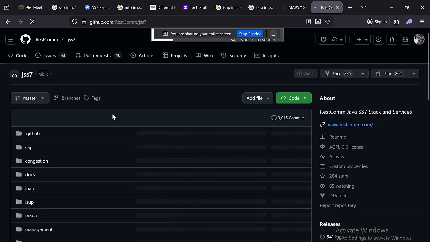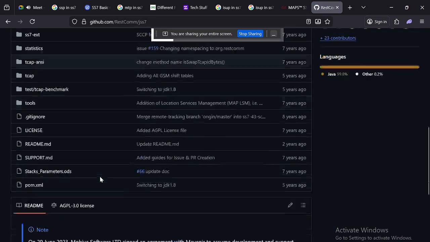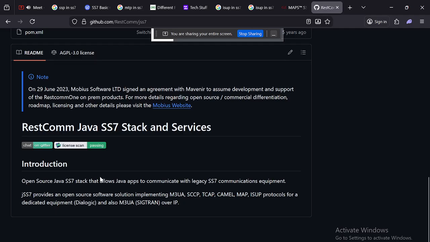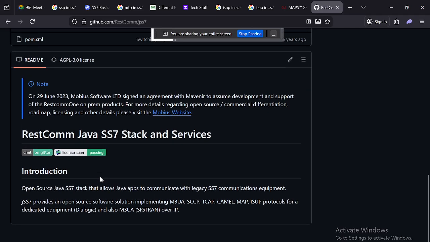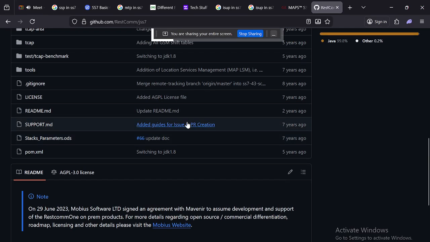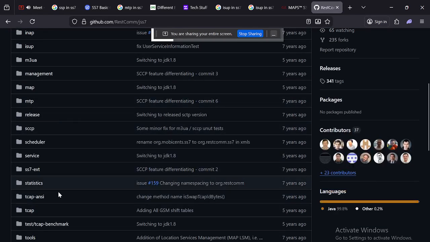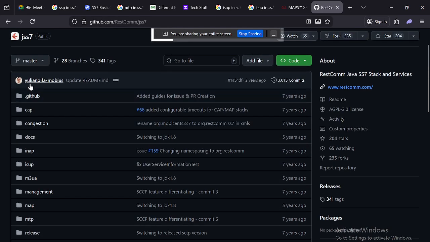This is a RestComm service handled in the application layers in Java that provides open source software solutions like M3UA, SCCP, TCAP, CAMEL, MAP and ISUP protocols for dedicated equipment for the dialog. So we just need to install this one.